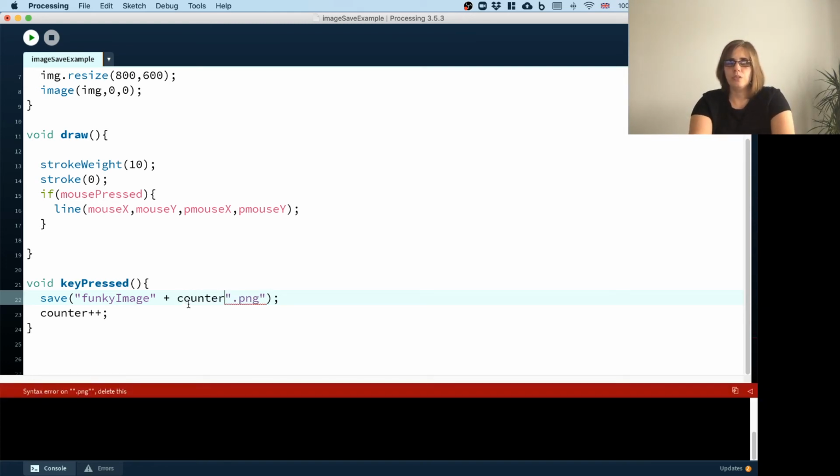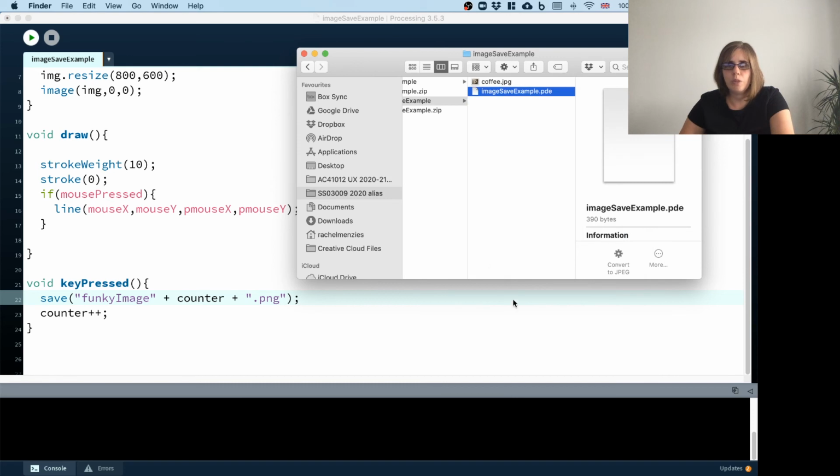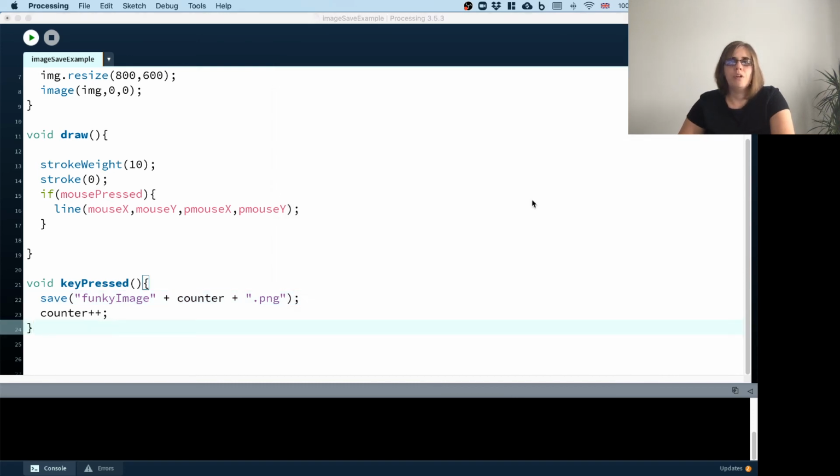I'm going to do funkyimage plus counter, so in this case currently 1, plus .png. It will then increase the counter to 2, and I can then do the process again with the next key press. So now I'm just going to clear that file so that there's no confusion. Move that away. So if I run again,